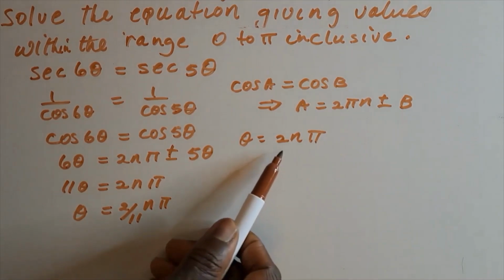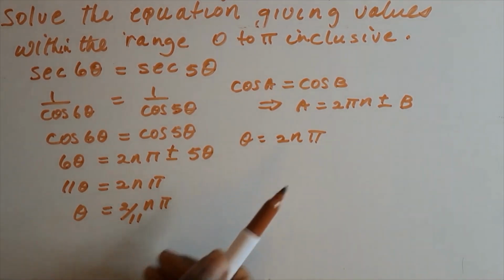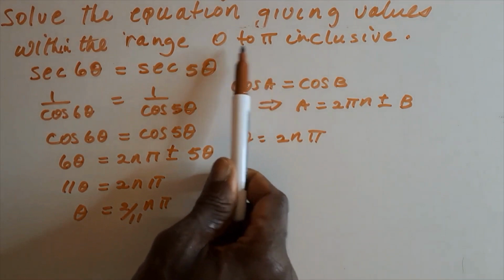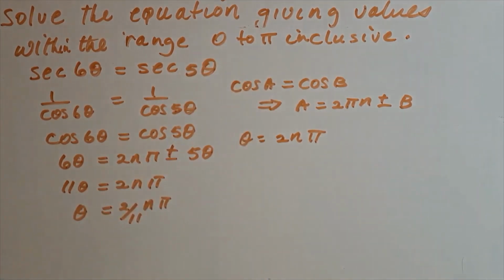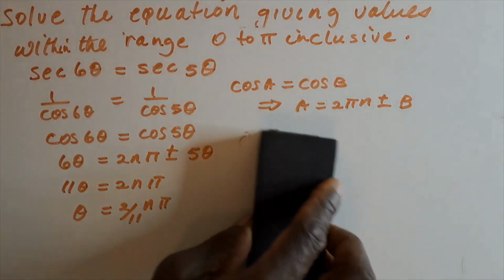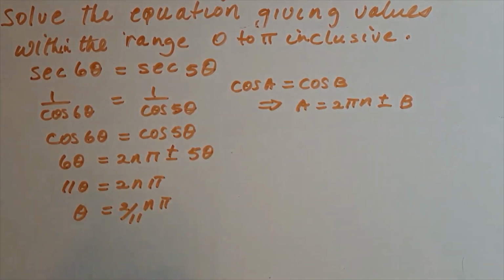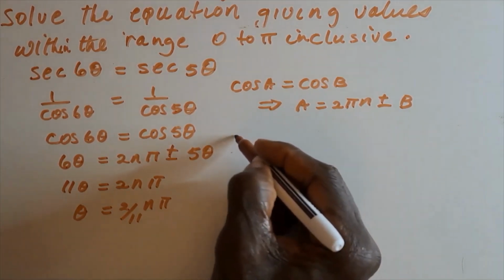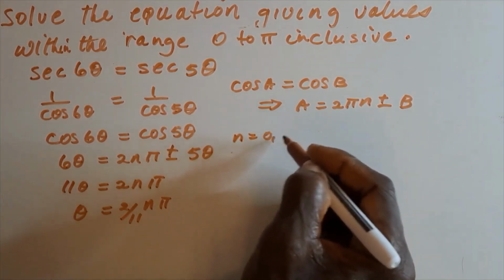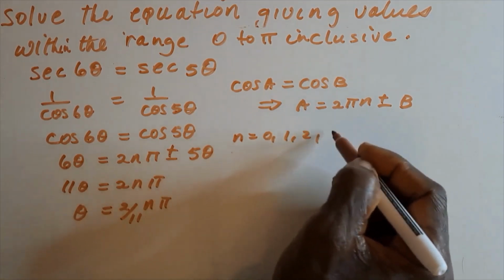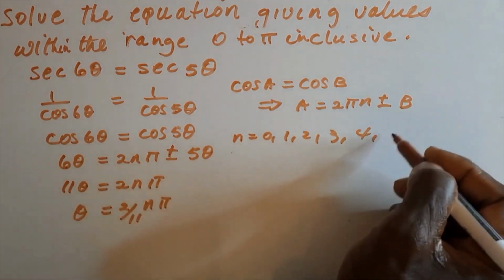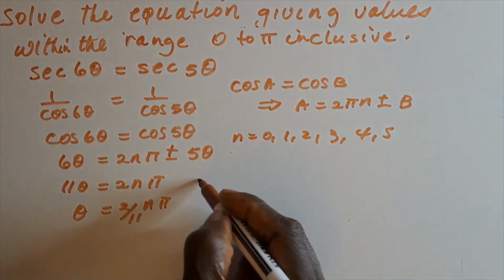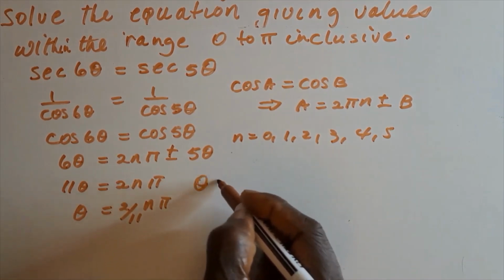But past that, if we go for 1, then we have 2 pi, which is outside this range, 0 to pi. So this is not an option of theta that we'll take. So for values of n equal to 0, 1, 2, 3, 4, and 5, we have that theta, our solution set,